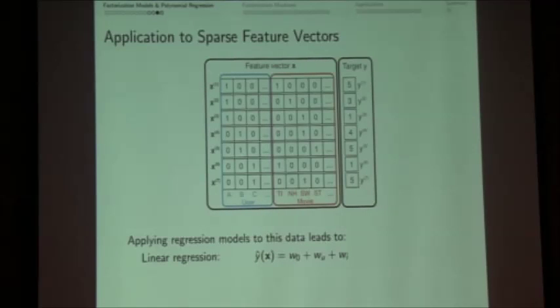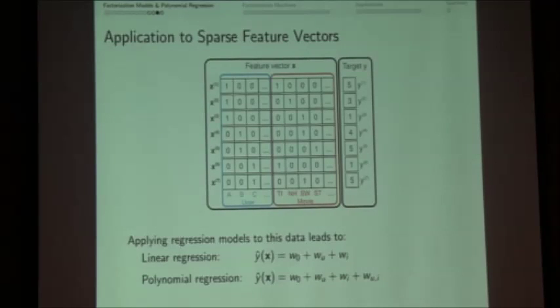On the other hand, we said with polynomial regression, you have now all interactions between all pairs of variables. In this case, you have only one pair because all the other things are 0. So we would have additionally a variable for a certain user and a certain item, which is great. So the model can express that this certain user likes this certain item and doesn't like the other item. But the problem of the polynomial regression model is you can express it, but you cannot estimate